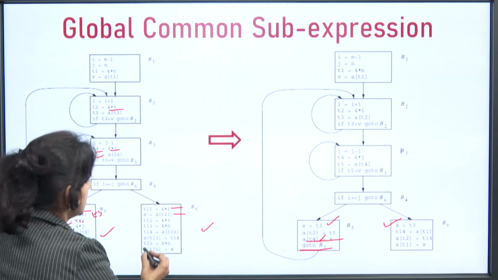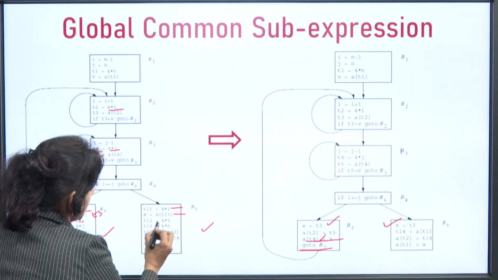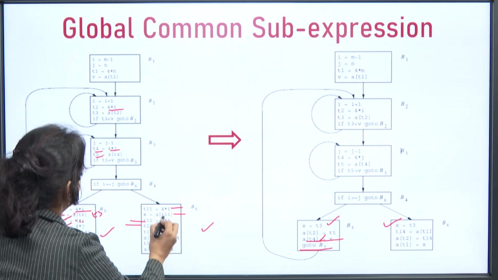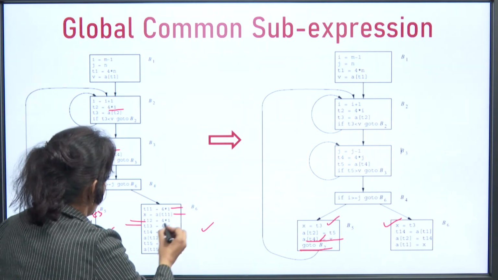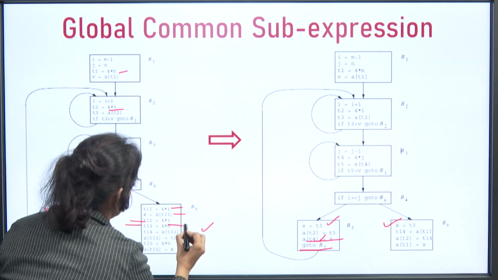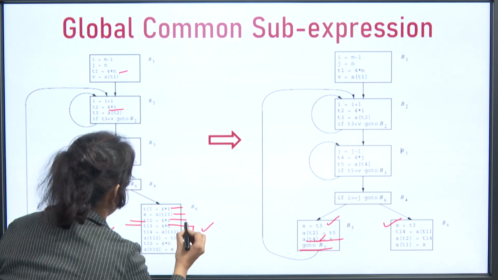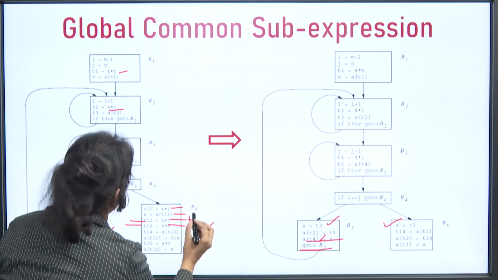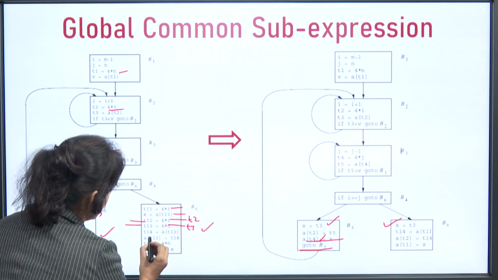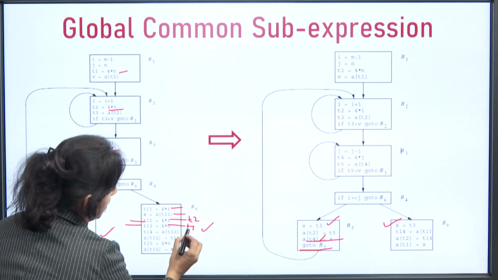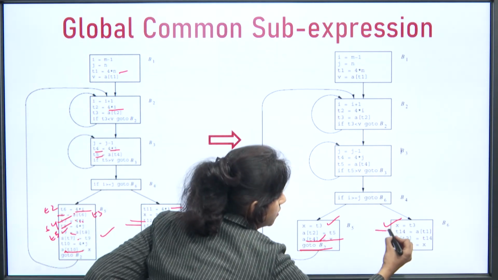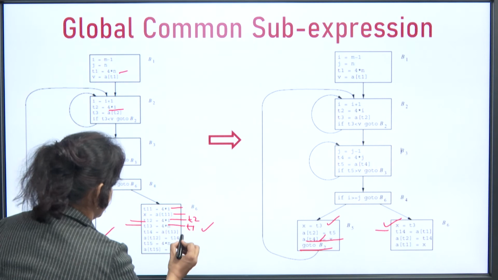Now, next, this has been done. Now we can eliminate this 4 into I, it is computed here, and 4 into n is computed here, with respect to T1, and this is with respect to T2. Now, T14 is what? A at T13 means A at T1. So we can say here T14 is equal to A at T1, this is done.